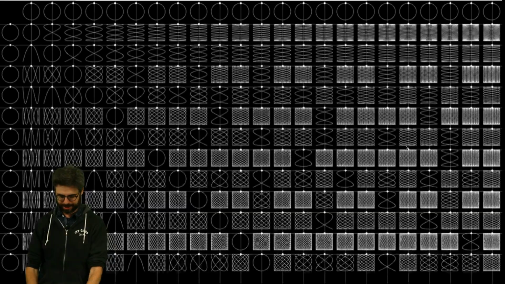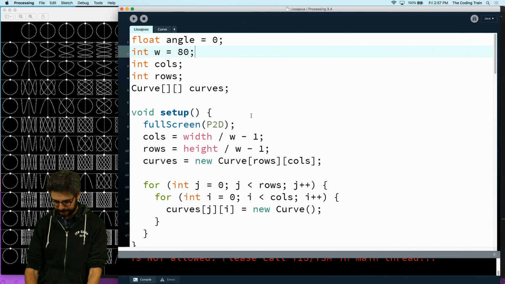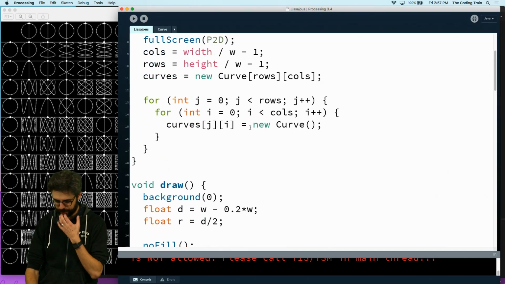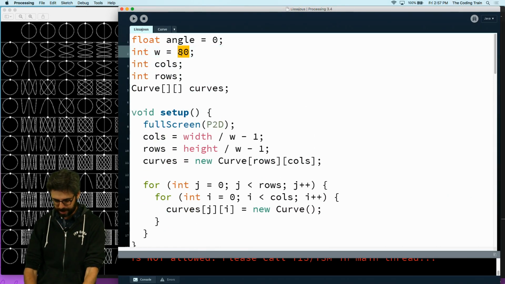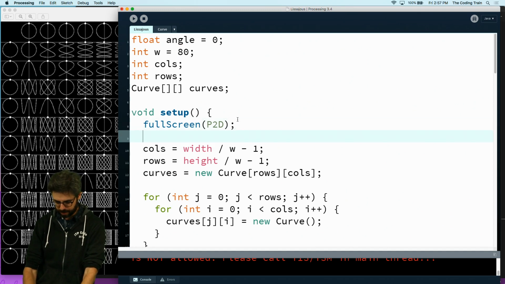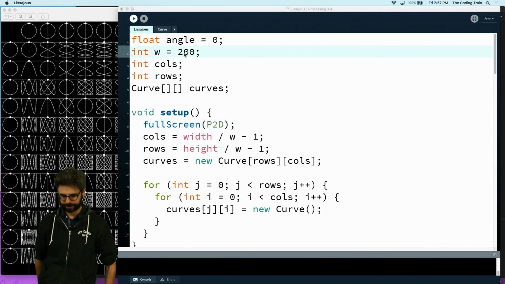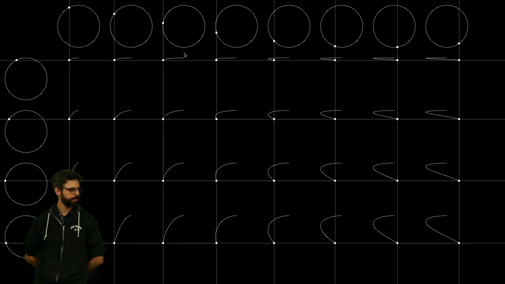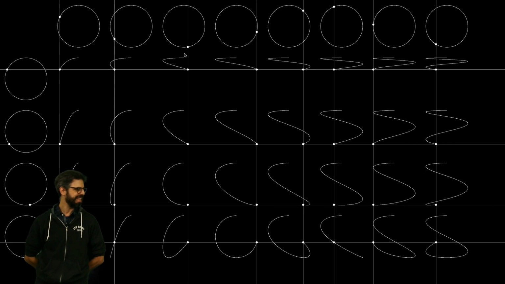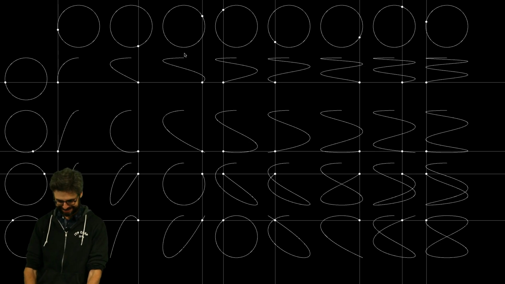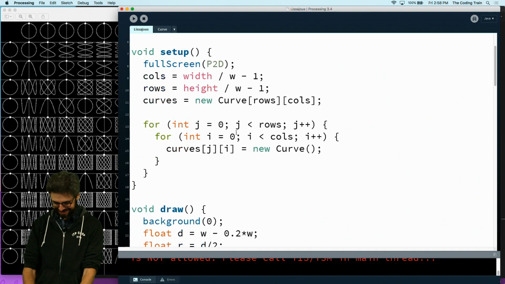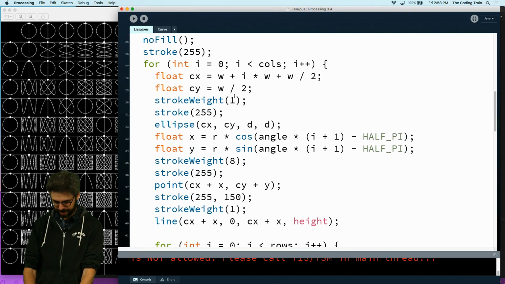Okay, now just as one more, let's see which one looks better. What are the dimensions of the, let me just try like 200. It's kind of ugly. I wonder if I could make it stroke weight 2 everywhere.